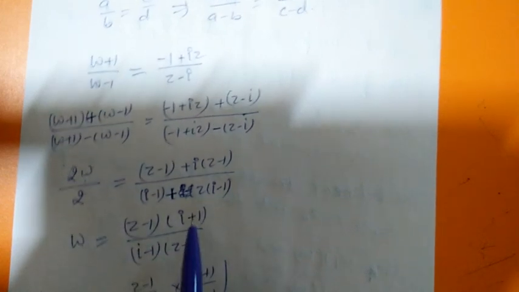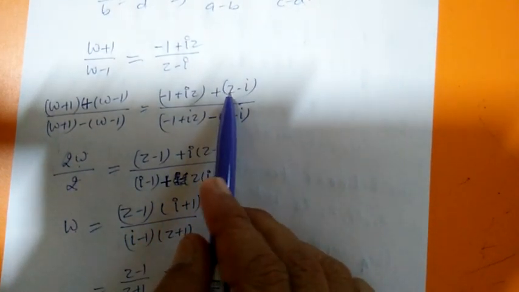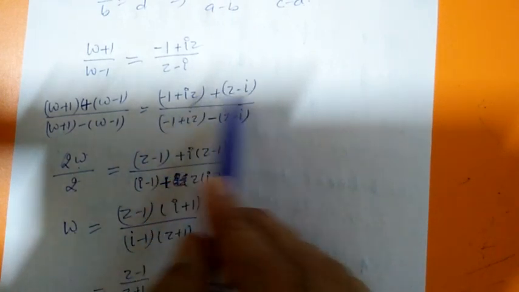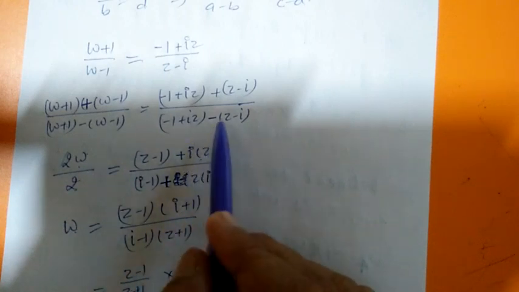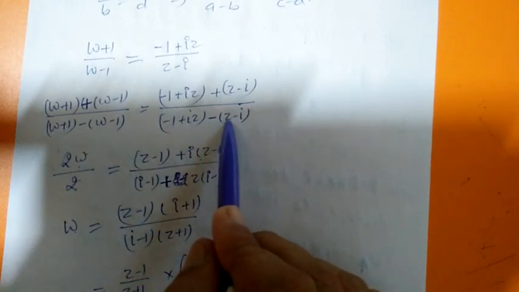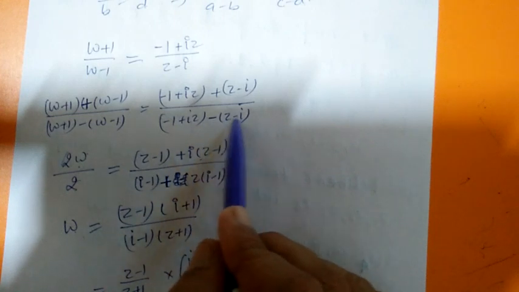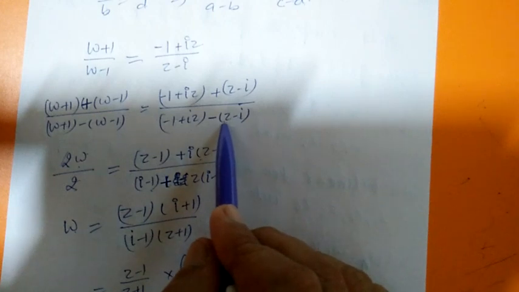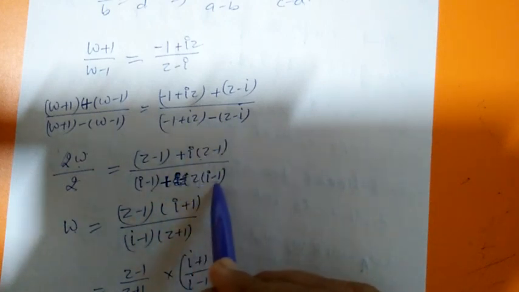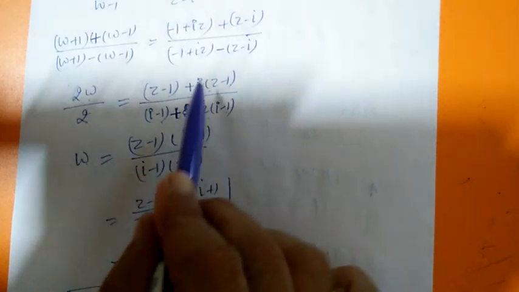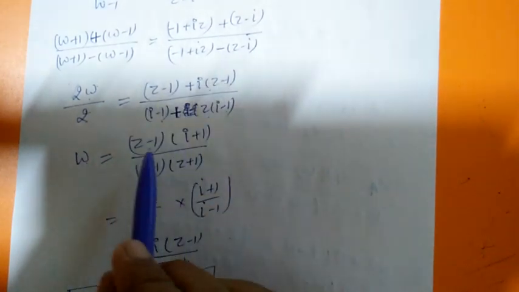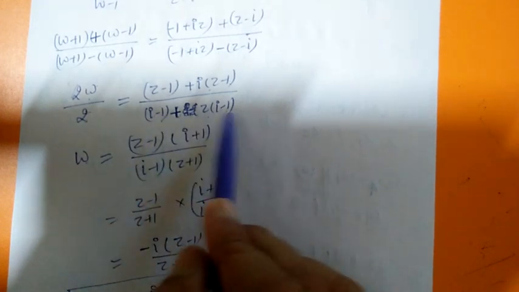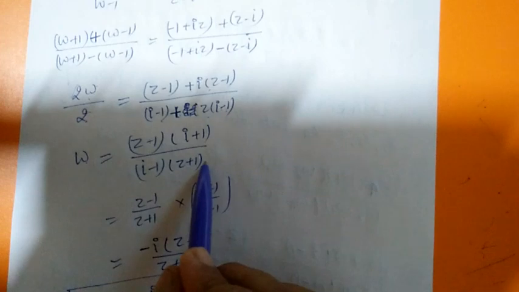So this is w is equal to: if we take z, taking i common, this is i times (z - 1), minus i minus z plus i. So taking z common, we get (i - 1). So in that case, taking (z - i) in the numerator, it will be (z - i)(i + 1), and taking (i - 1) common in the denominator, so (i - 1)(z + 1).